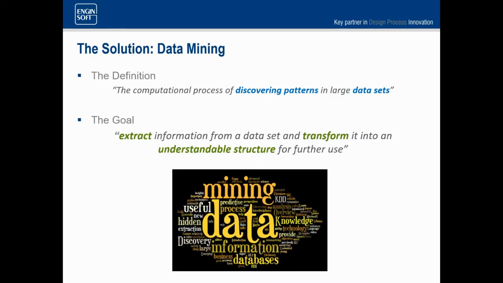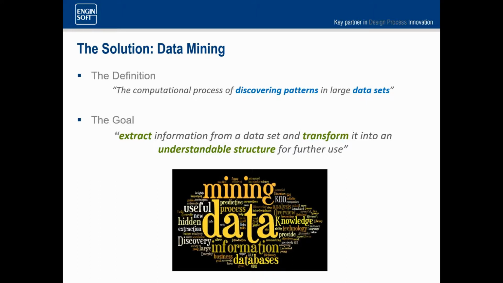So what about the definition of data mining itself? It is simply the computational process of discovering patterns in large data sets. So that's pretty much what we're going to be doing today, just assessing some standard data from an Excel spreadsheet, and trying to understand something about the relationships of that data.